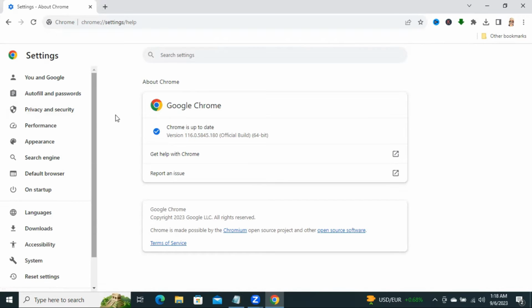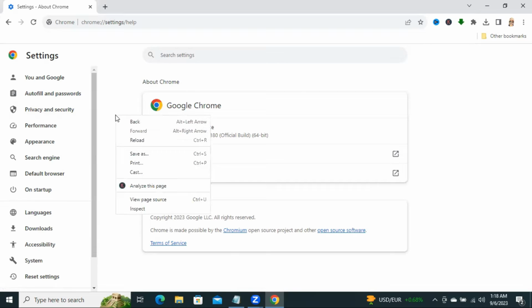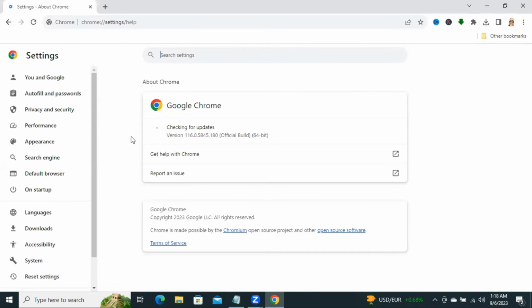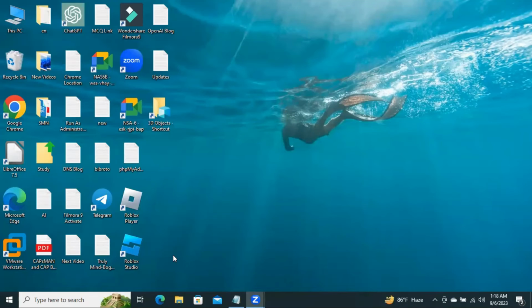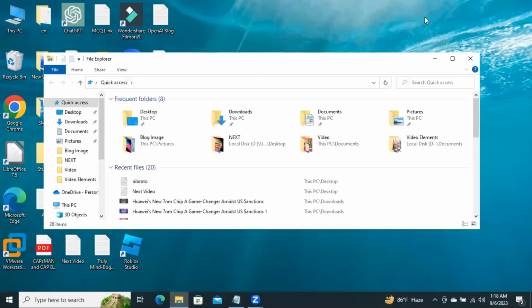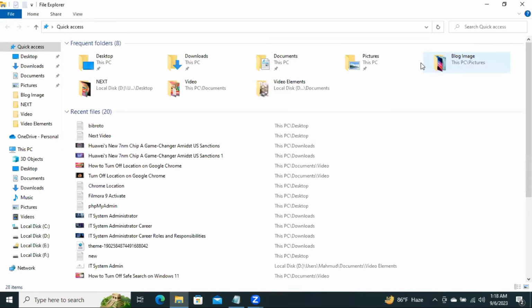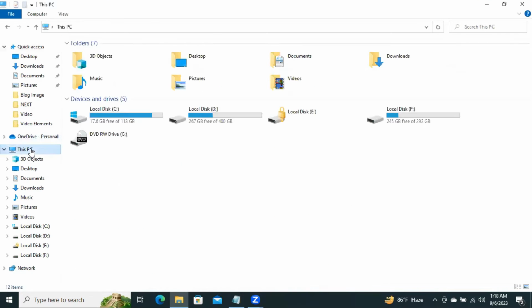Now I'm going to show you how to disable this automatic update on Google Chrome. Close the Chrome browser. Now open File Explorer. Go to This PC. Now go to C drive